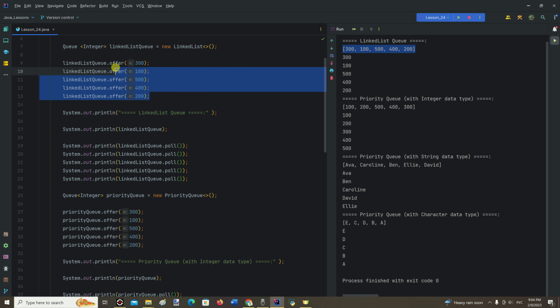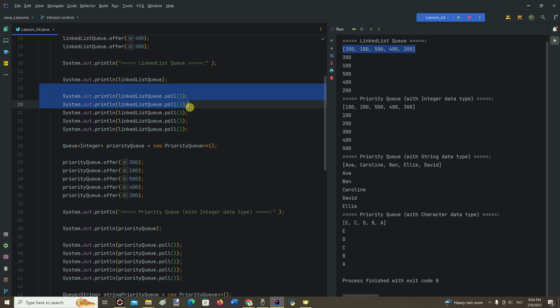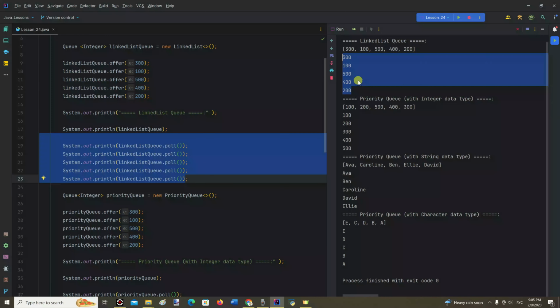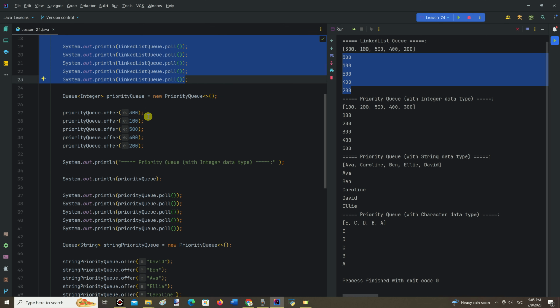We can see it right here and there. In these lines of code, method poll is applied to all elements of the linked list queue, and by retrieving elements one by one from the top of the linked list queue we can see that the insertion order continues to be preserved. We can see it right here.